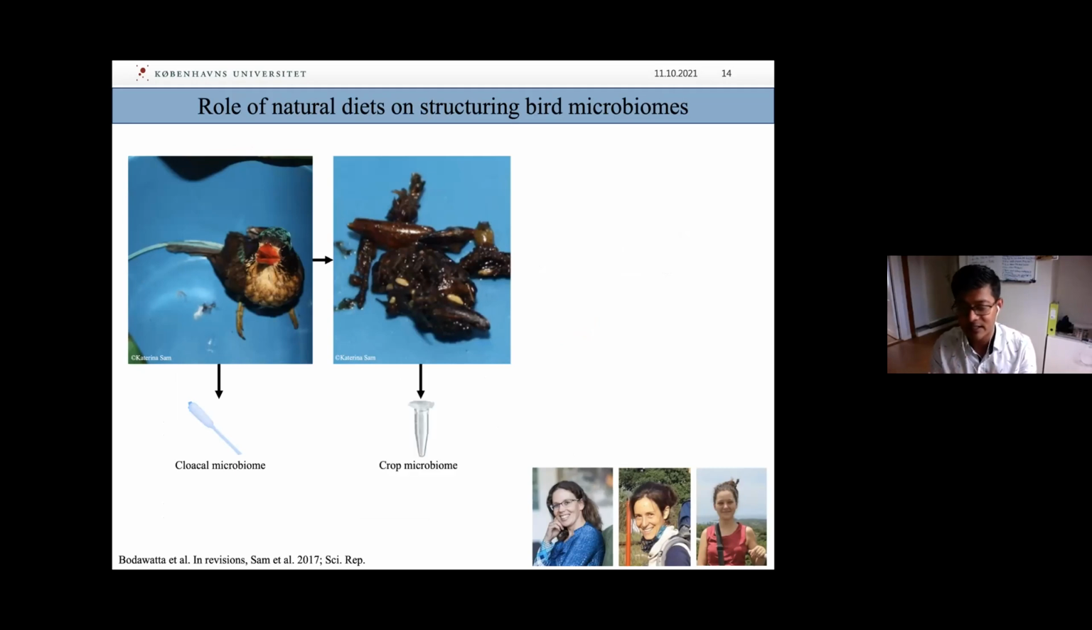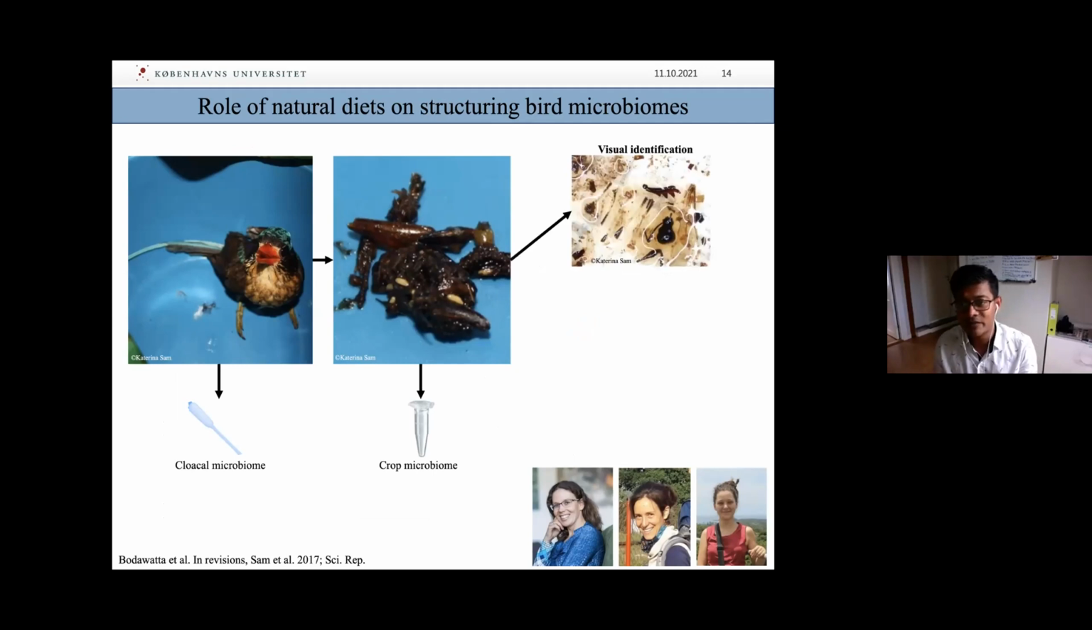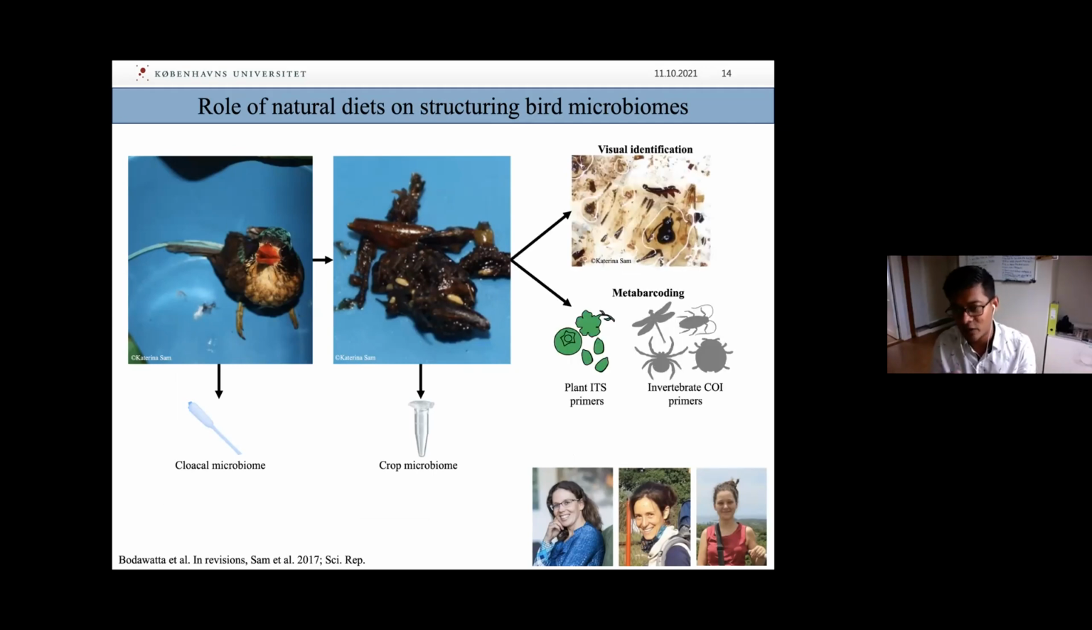And then we collected another sample for the crop microbiome. And then we identified the dietary items in the regurgitated samples using both visual identification and also metabarcoding. Before I go into more details on this, I will first show you the results from the diet part of